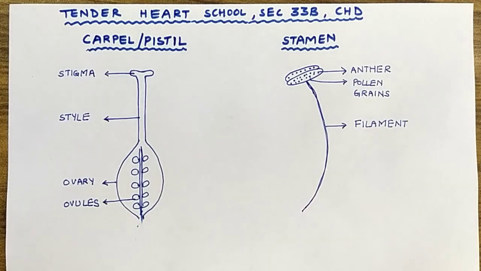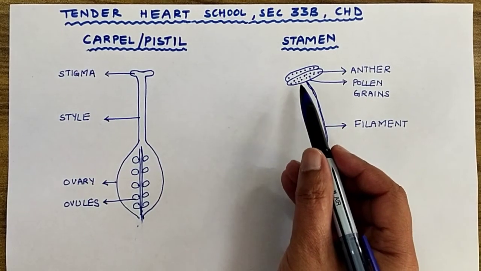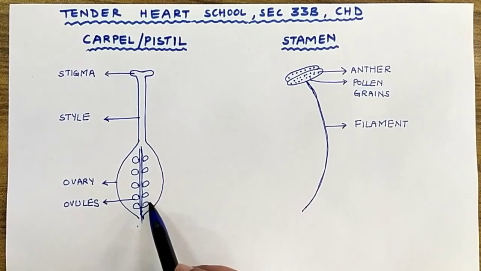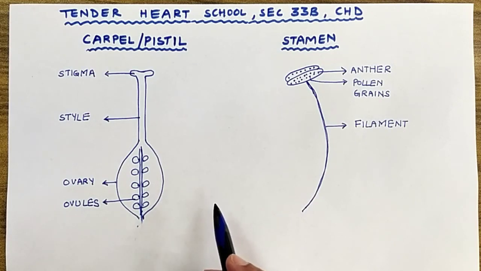Flower, as you know, is the reproductive part of the plant. It leads to the reproduction of the plant, and reproduction occurs as a result of fertilization of the ovules with the pollen grains. After the fertilization process, seed is formed, and with the help of the seed we can grow new plants. Reproduction can occur. This is all about the male and female part of the flower.